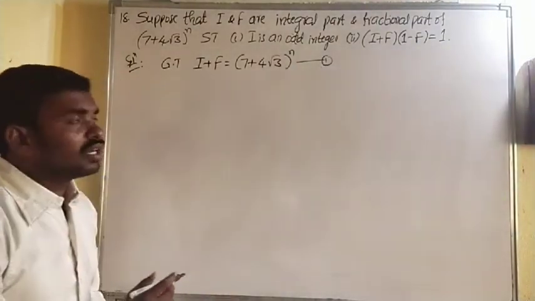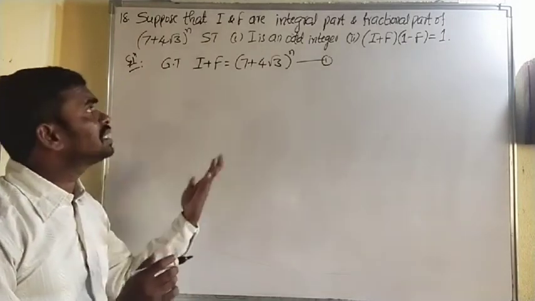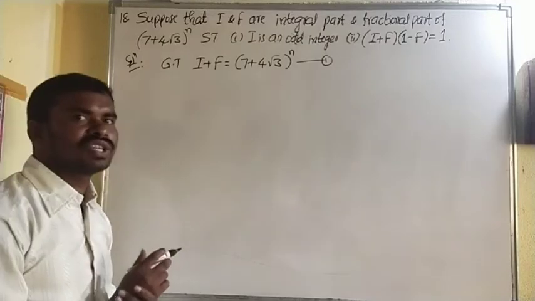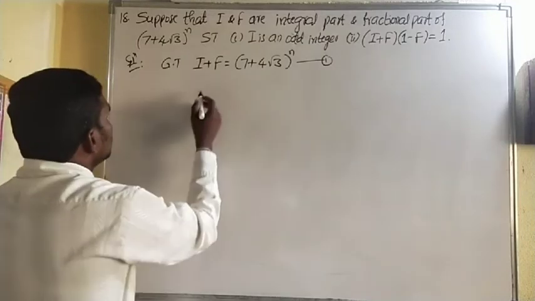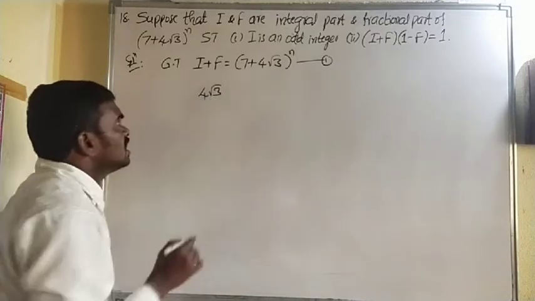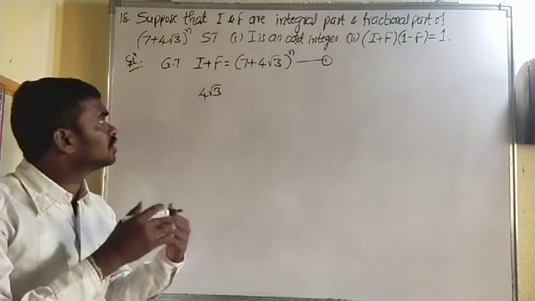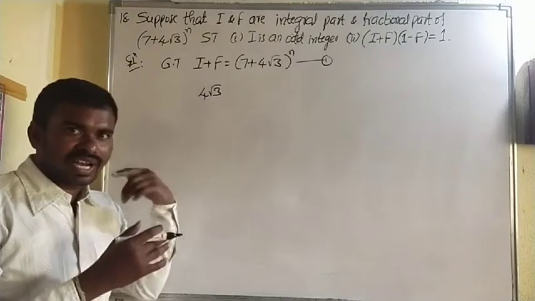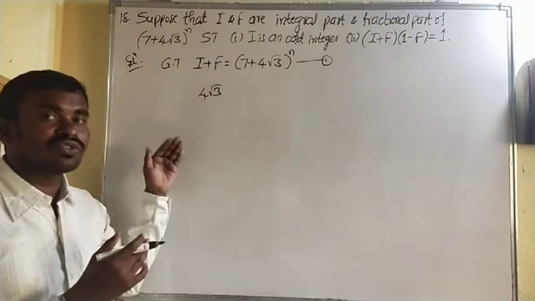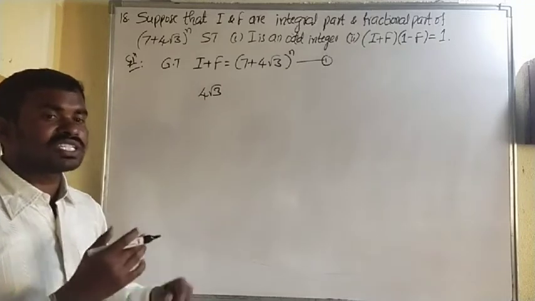Next, let us take 7 minus 4 root 3. What will be the 7 minus 4 root 3 condition? And what will be the 7 plus 4 root 3 condition? See, 4 root 3 is 4 root 3. Here we should do some brain exercise. 4 root 3 squared, what? 4 4s are 16. Root 3 into root 3 is 3. 16 3s are 48. So (4 root 3) squared is 48.